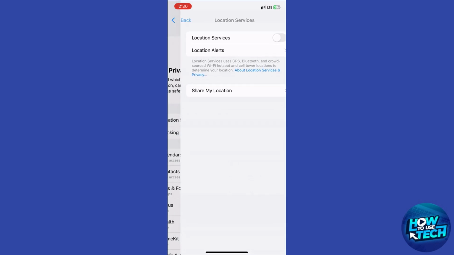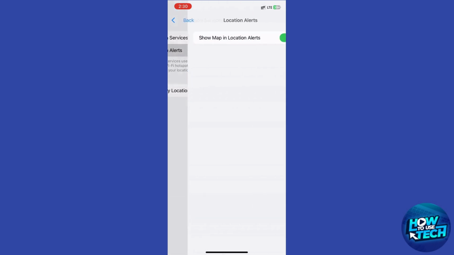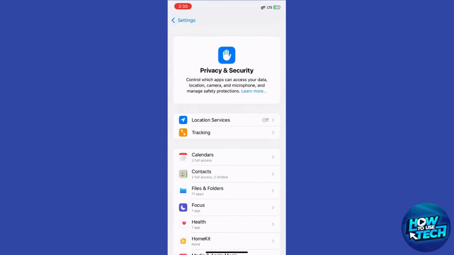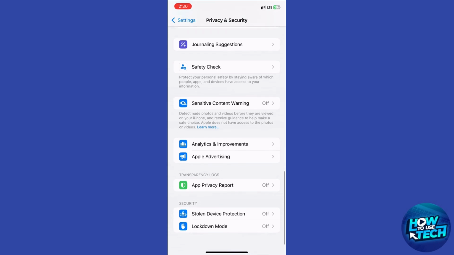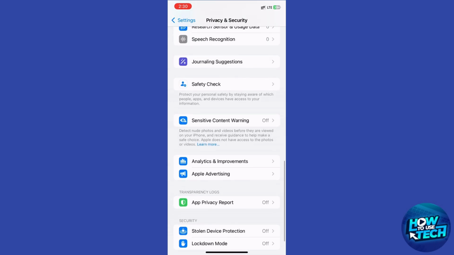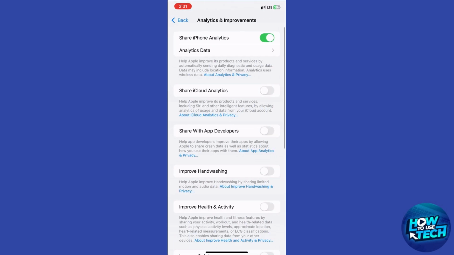Significant locations: Settings, Privacy and Security, Location Services, System Services, Significant Locations. Disable to protect location privacy. Ad tracking and personalized ads: Settings, Privacy and Security, Apple Advertising. Turn off personalized ads. Analytics and improvements: Settings, Privacy and